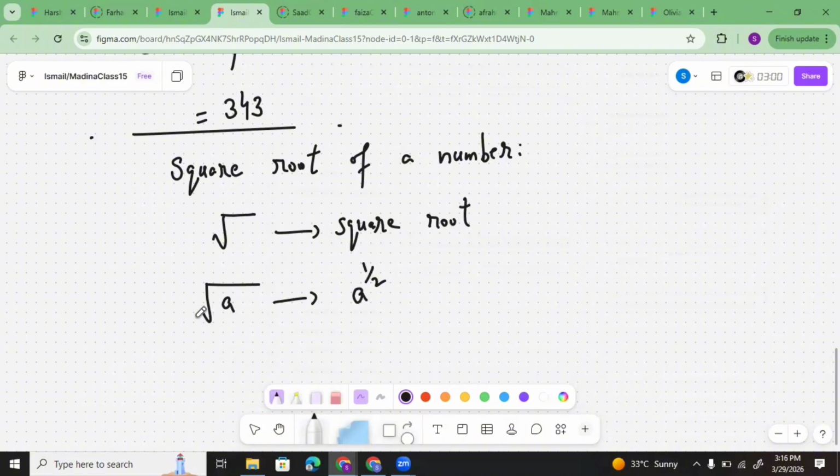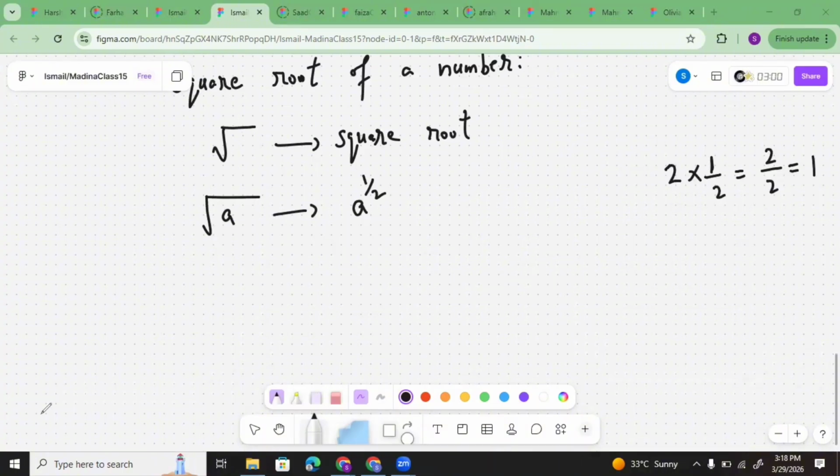When you see the square root, its power will always be 1 by 2. Now I will give you an example. You will understand this more properly. For example, if I want to